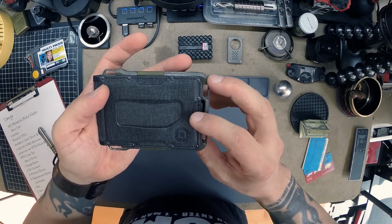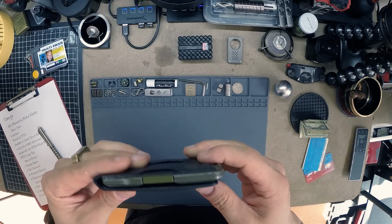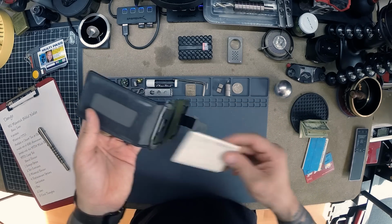So then you can see they've got their company logo on the back right there. There's another one just stamped in right there. But yeah, it's a slick looking design. I like the way they laid everything out. It's a smart design. I was trying to take everything out of here so you can see what it looks